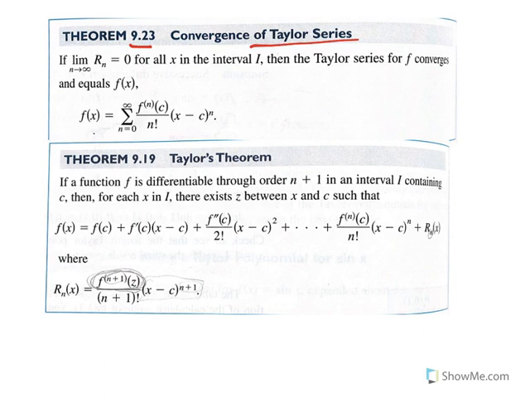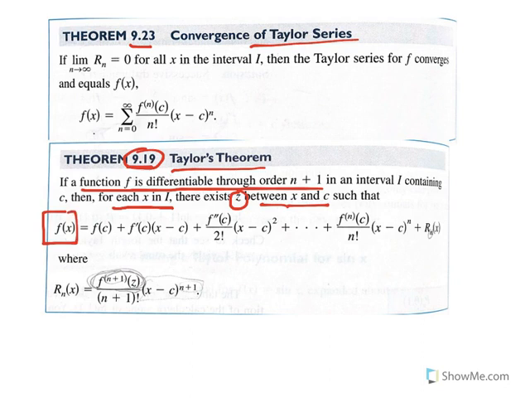And to help us understand that, we will take a look at Theorem 9.19, Taylor's theorem that we studied in section 9.7. In section 9.7, we learned about Taylor's theorem. It states that if a function f is differentiable through order n plus 1 in an interval I containing c, then for each x in the interval, there exists z between x and c, such that the function's value at x will be equal to the nth degree Taylor polynomial approximation's value at x